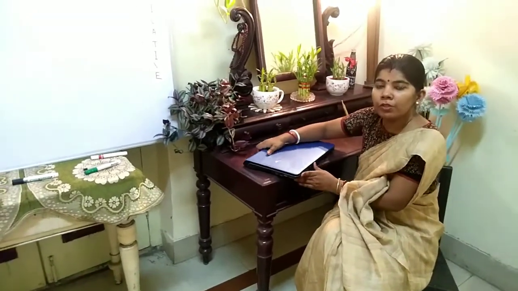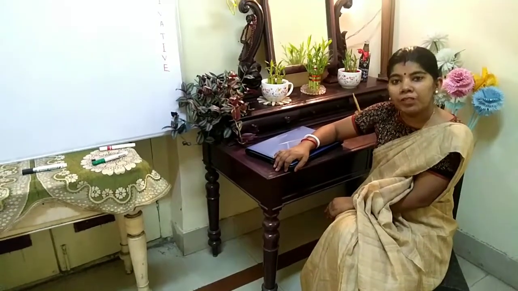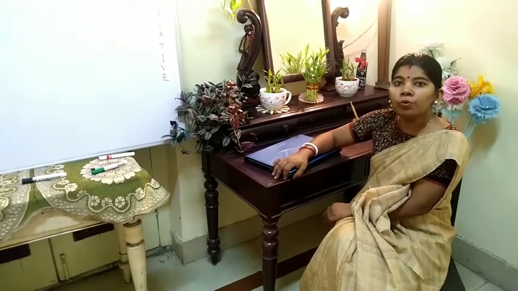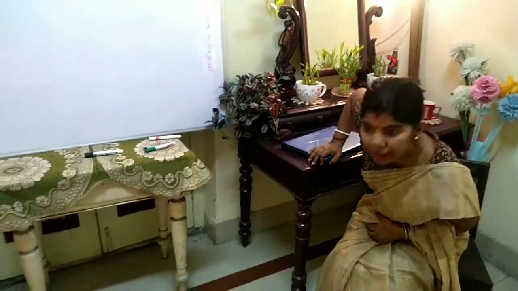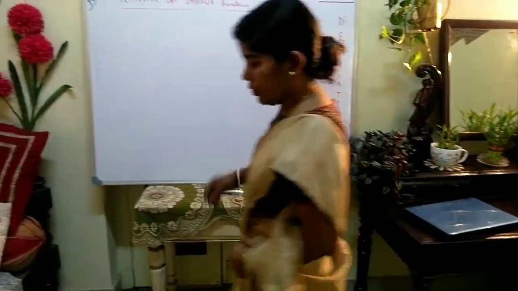So far, we have discussed the functions in which y can easily be separated from x. This kind of functions are called explicit functions. But there may be some functions where y cannot be easily separated from x. These functions are called implicit functions. Now we will learn how to find the derivative of implicit functions.